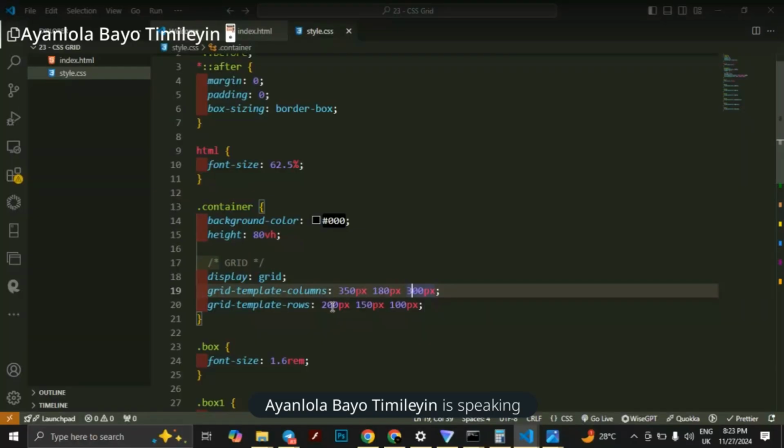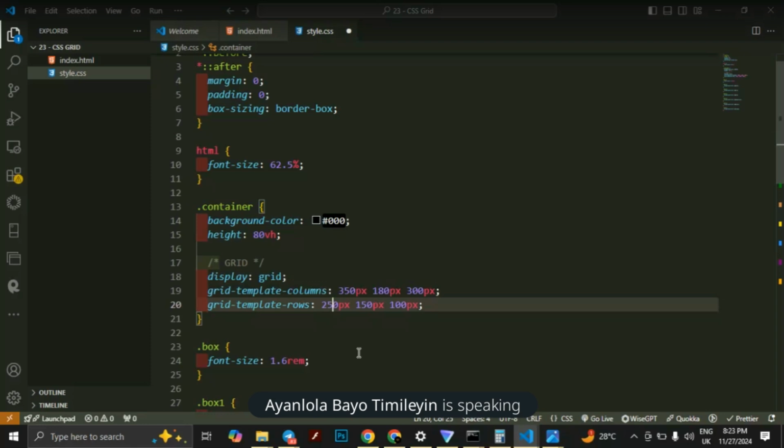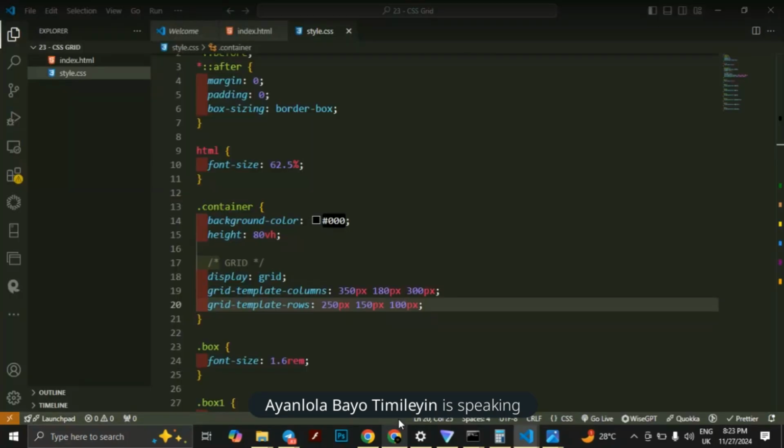Then let's try the first row. For the first row, we have 200. So let's increase it to 250. So the height is going to increase this time around. So you see the height has increased for the first grid track row. And then maybe we should try this as well. 150 pixels. Okay, I don't know if that's increased, but